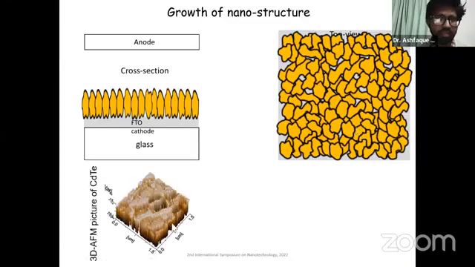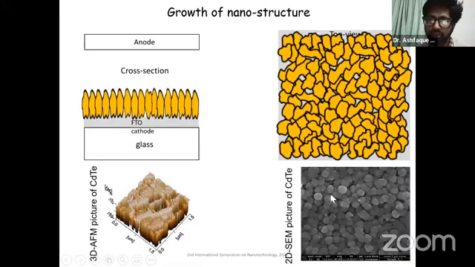From the AFM, these rod type nanostructures are visible for cadmium telluride. And for the top view, I can say that the two-dimensional AFM image shows almost the same image as the top view that is animated here. So this is how the nanostructure gets created on top of the